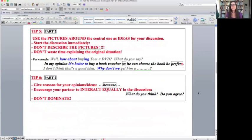So, for example, you can start immediately by saying, well, how about buying Tom a DVD? What do you say? In my opinion, it's better to buy a book voucher so he can choose the book he prefers. I don't think that's a good idea. Why don't we get him a... So it needs to be an interaction between the two candidates, you and your partner, and at the same time evaluating the best present in this example to buy Tom, or whatever the situation is that the examiner asks you